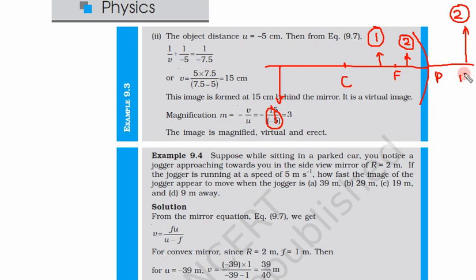This was at plus 15. This is minus 5. This is minus 10. This is minus 15 and this is minus 30. Here it is H. It is also H. Here it is positive 3H. Here it is minus 3H. So in this way our images are formed. This is real, this is virtual. So this image is enlarged or magnified, erect, that means non-inverted, as well as virtual. This image is real, inverted and magnified.